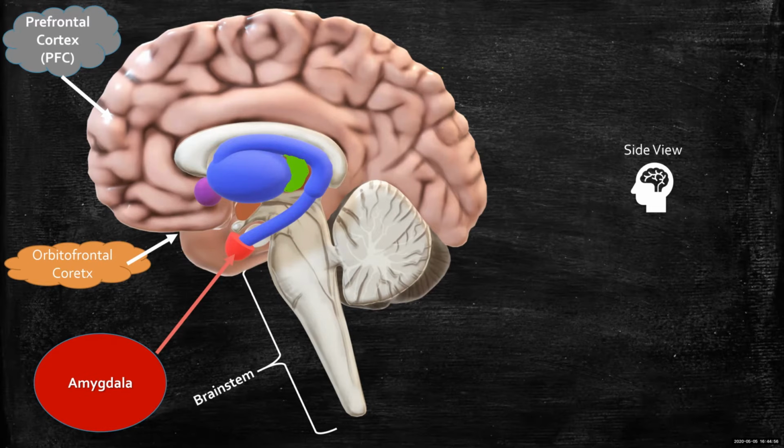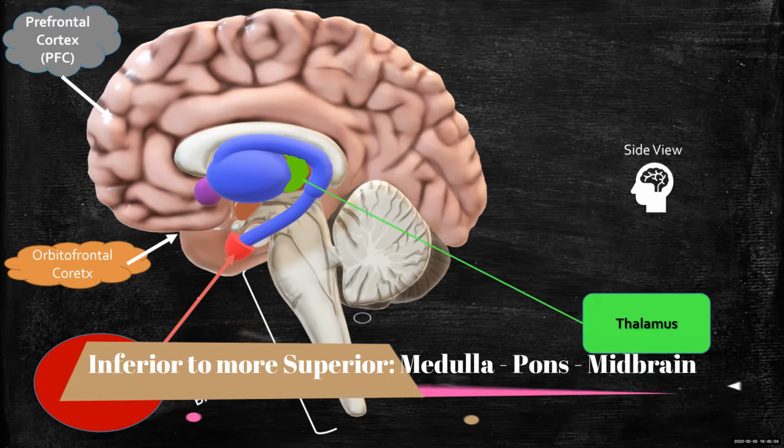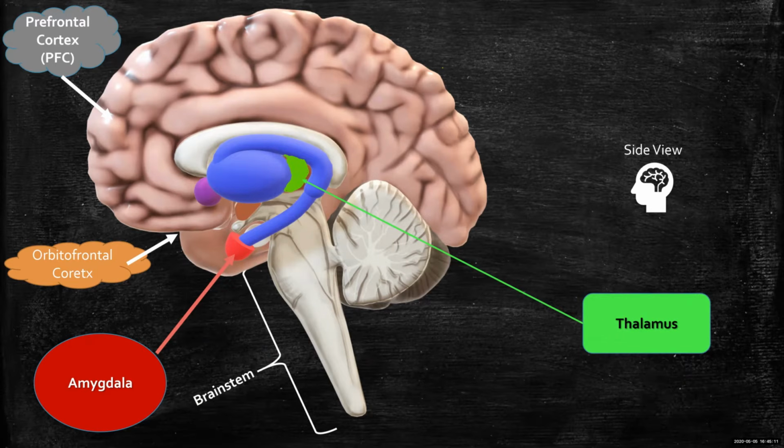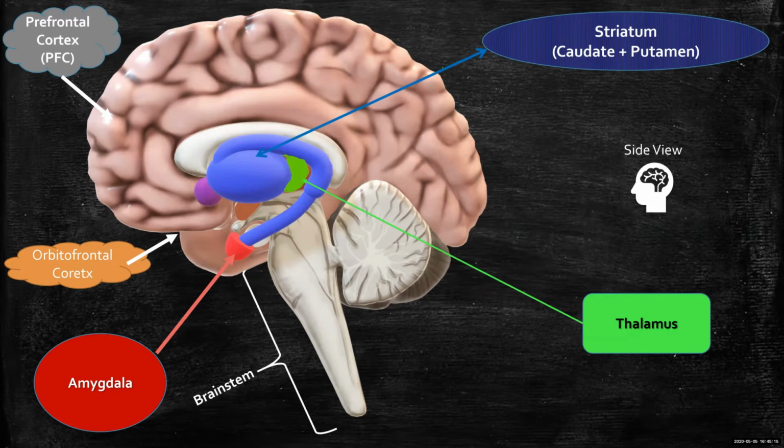The brainstem consists of the pons, the medulla, and the midbrain. The thalamus is the green structure that sits just medially to the neostriatum, which is the caudate and putamen, the blue structure shown. These are all very important structures that we are going to talk about in a moment. But to give yourself an idea of where these structures are in the brain, I wanted to review the anatomy. By the way, this is a sagittal section in which we're looking at the brain cut in half from the side.